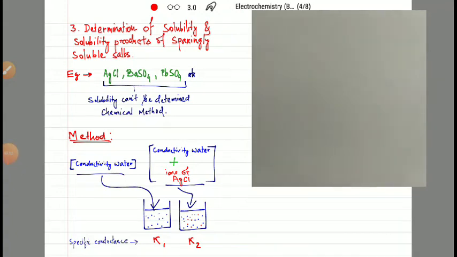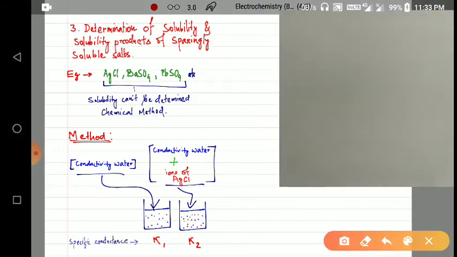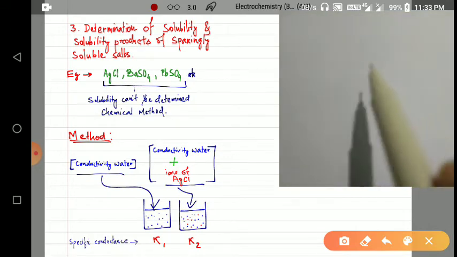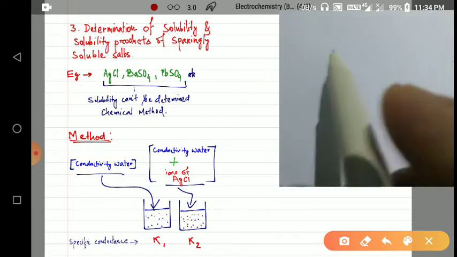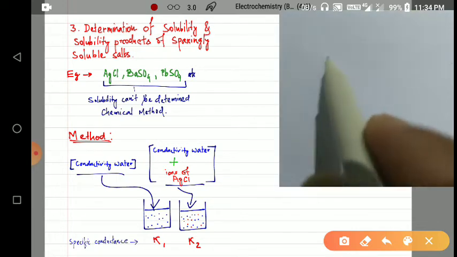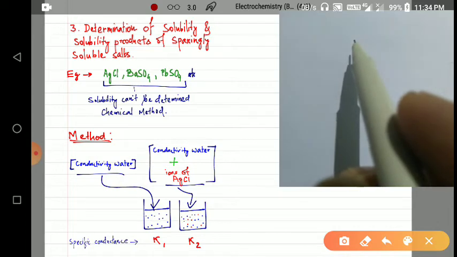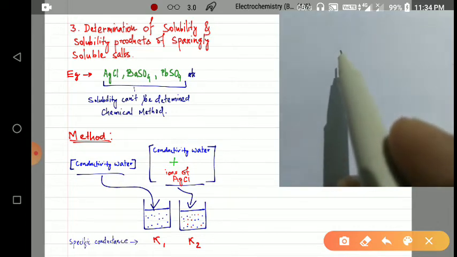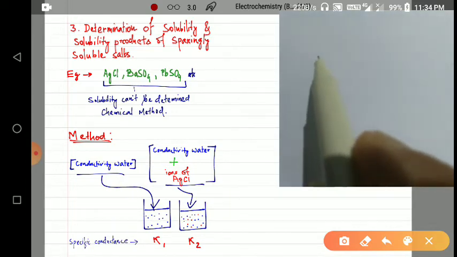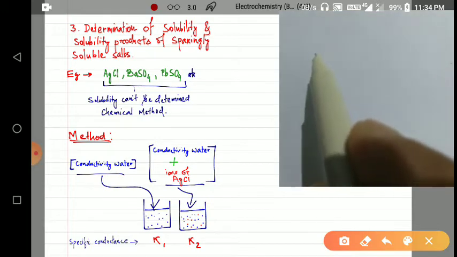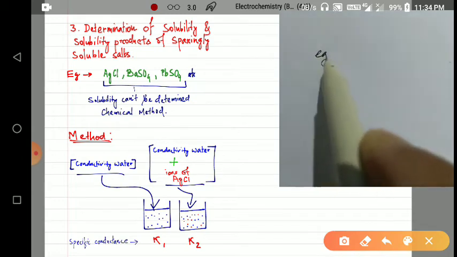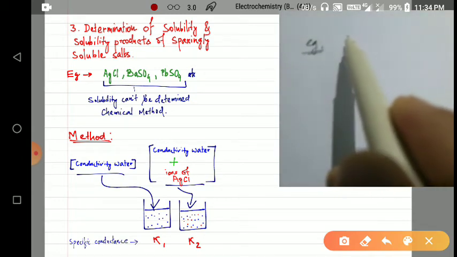Let us discuss the third application of conductance measurement, which is the determination of solubility and solubility product of sparingly soluble salts. When we talk about a sparingly soluble salt, the meaning is that the salt will not easily dissolve in a solvent like water. Many examples of sparingly soluble salts are known, and the most popular examples are